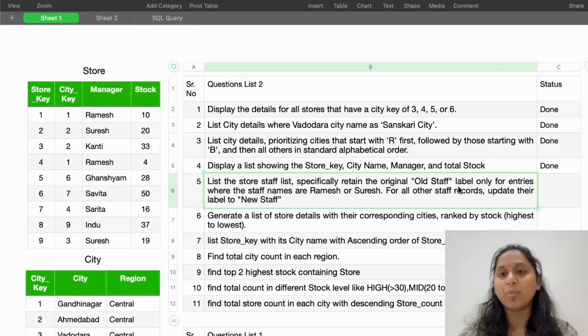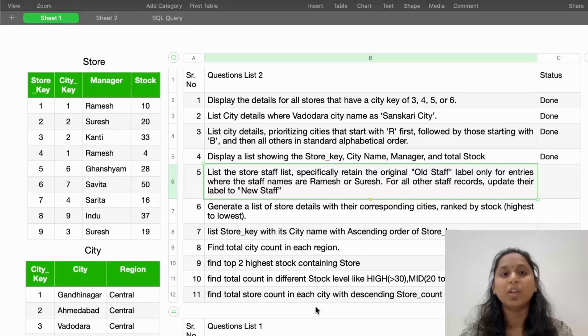When you read this type of question, your first instinct will be, do I require a change in the original table, or only the select query they are expecting from us? They are not saying this update should be reflected in your original table. If they ask to update this thing in your original table, then only you use the update query. Without any information about update, you consider this as a select query only. Right now we are doing the select query, that's why everything is under select, but in your exam it can be update, it can be insert, anything they can ask. Fine, now jump to my workbench.